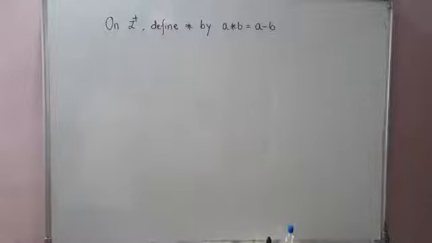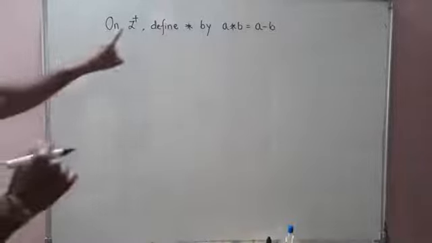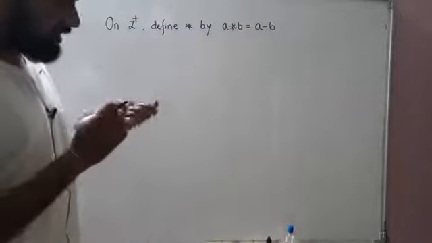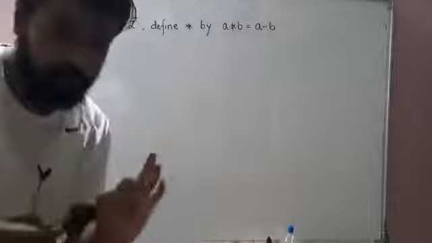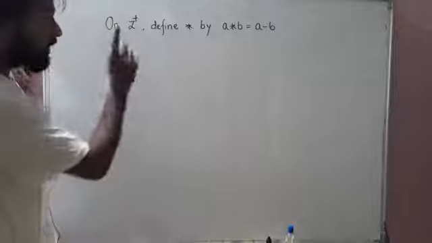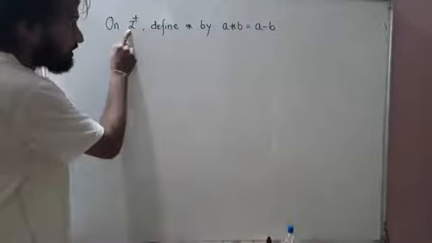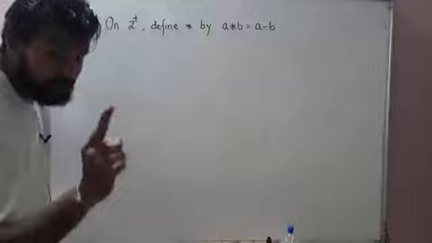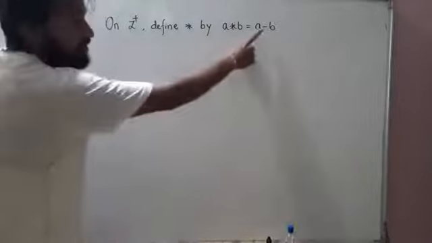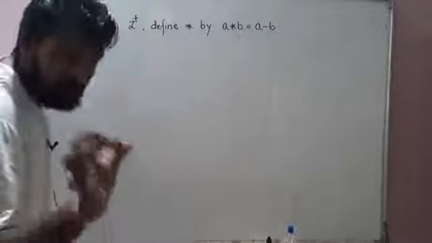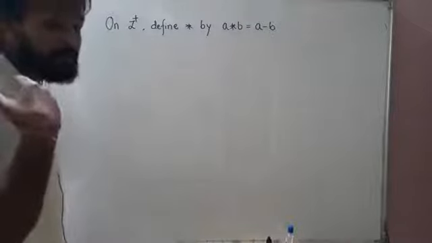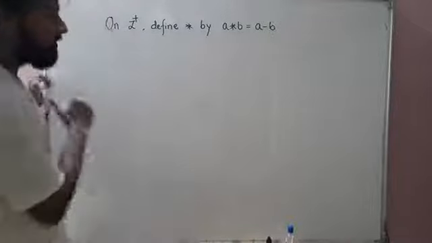Well, dear students, the next question is, on Z plus, we defined the operation star such that A star B is A minus B. Now we need to check whether star is a binary operation or not. Matlab, you have to take any two elements from Z plus. What is Z plus? Very good. Positive integers. You take any two positive integers of your choice and do this operation, that is subtraction. The result should be from Z plus. If it comes in Z plus, then we can say it's a binary operation. If not, then we'll say not a binary operation.